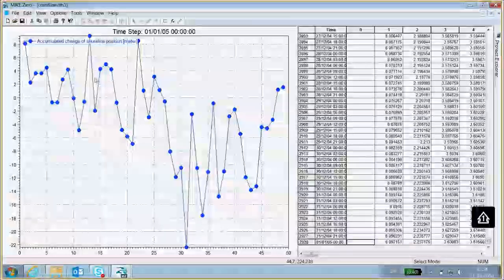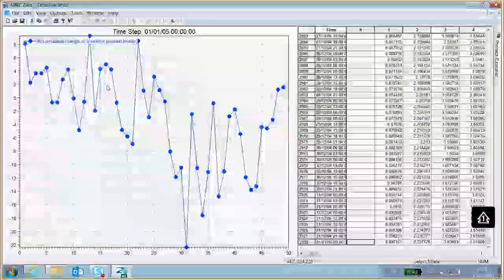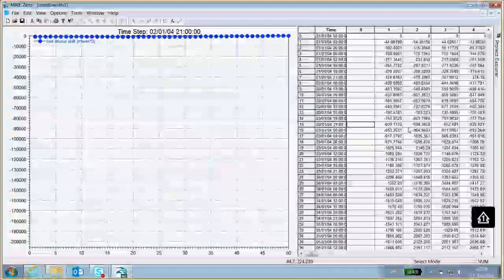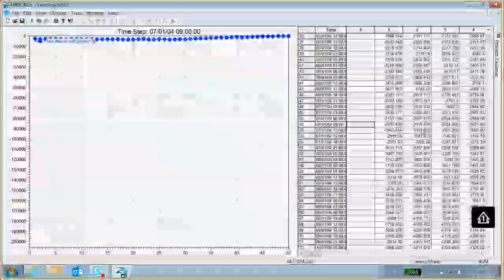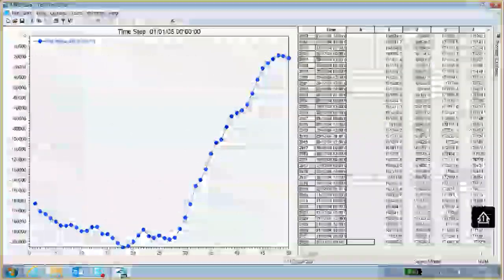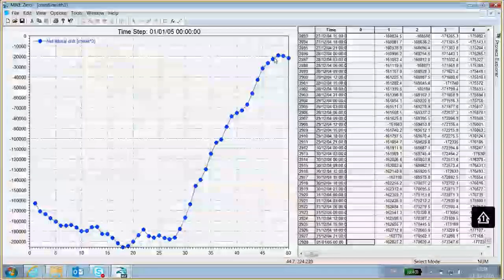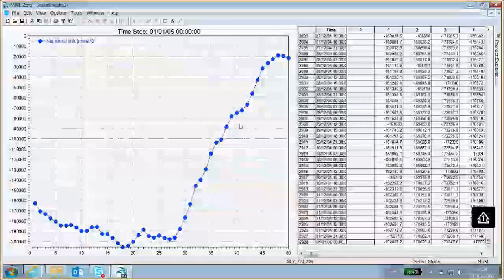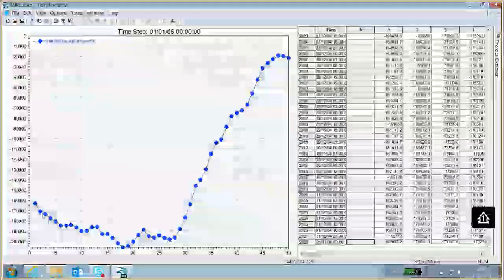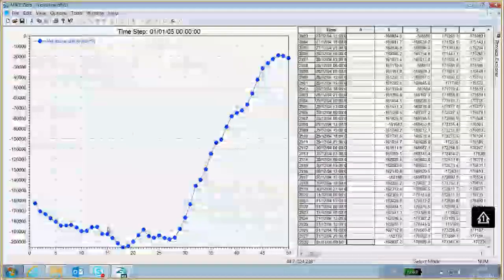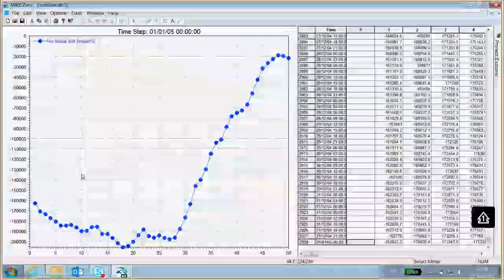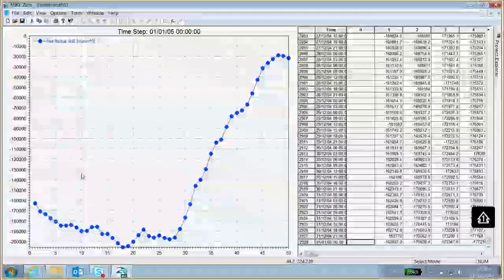But it is actually quite hard to see what exactly is going on, and therefore it is often easier to look at the net littoral drift to get a feel for where we have erosion and accretion and what the transport rate is doing. And here it's very clear, of course, that we have an area of erosion in the southern end of the beach, and then a relatively stable development in the northern end of the beach. That is also what we expected, or you can say how this example is set up.